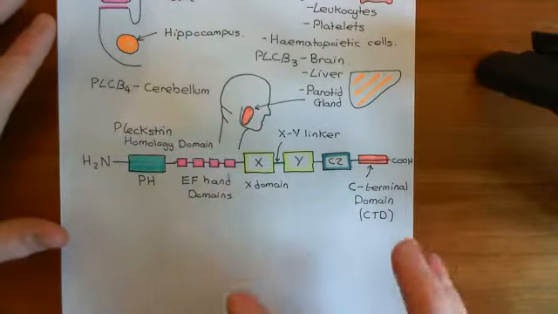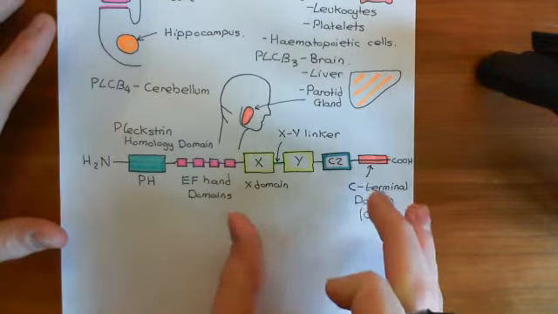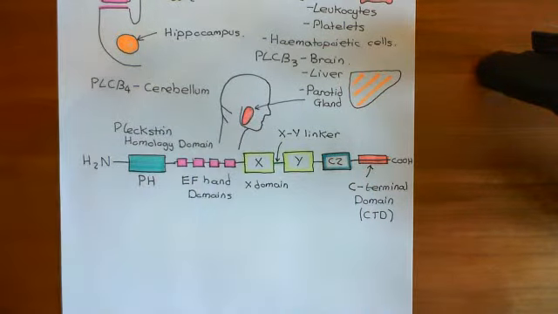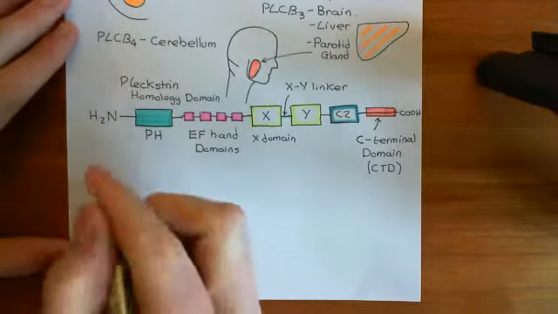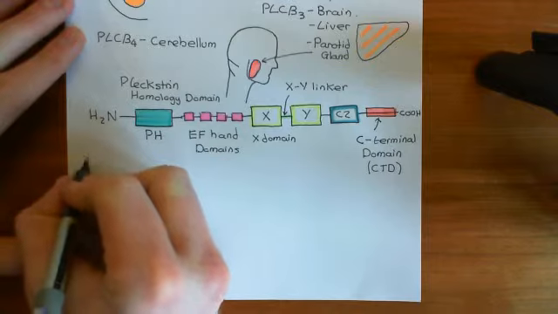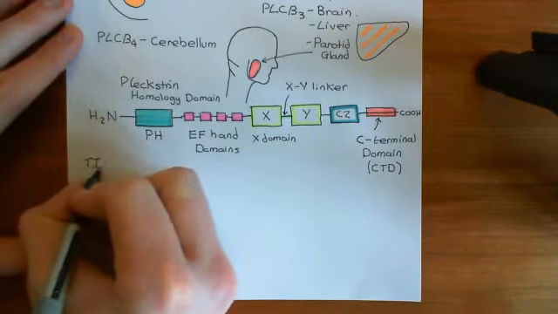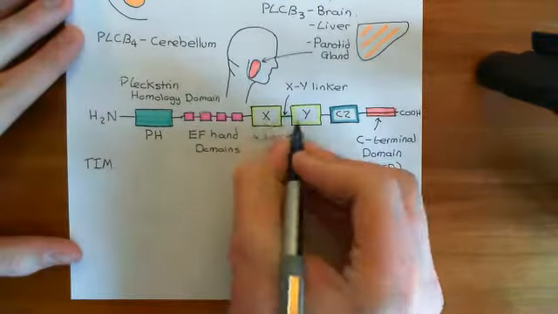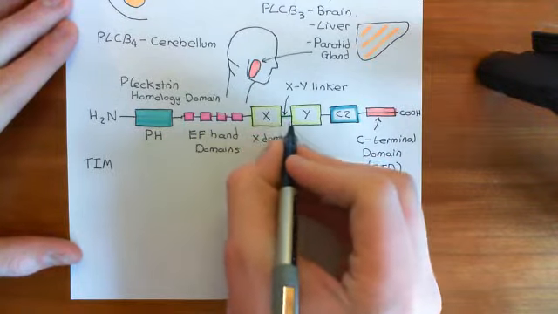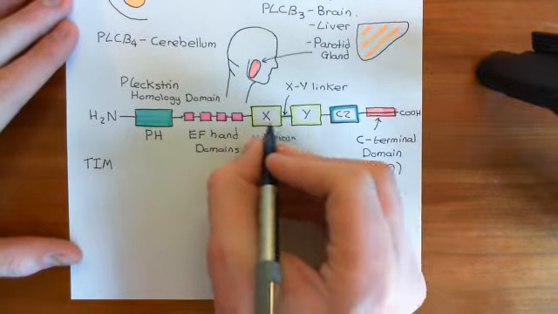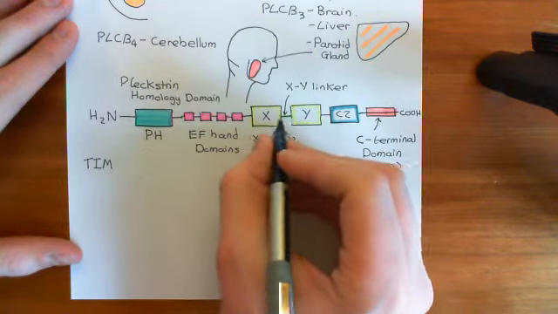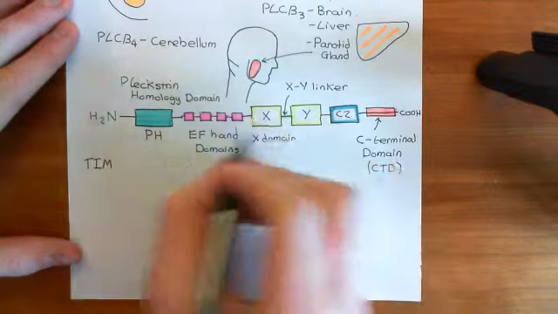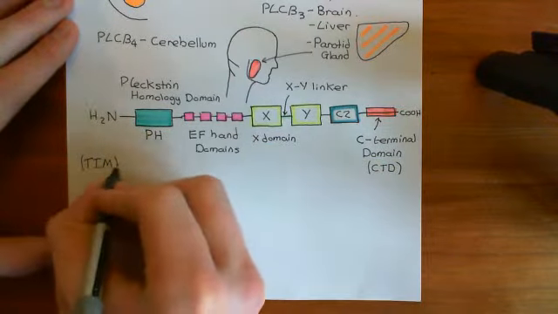Okay, right, so that's the primary structure then of a phospholipase C beta family enzyme. Before we can discuss how this is going to form a three-dimensional structure, there is something that I need to discuss with you first, which is the concept of a TIM barrel. Basically, the X and the Y domains, which are going to make up the catalytic site of our phospholipase C beta enzyme, are going to form a domain known as a TIM-like barrel